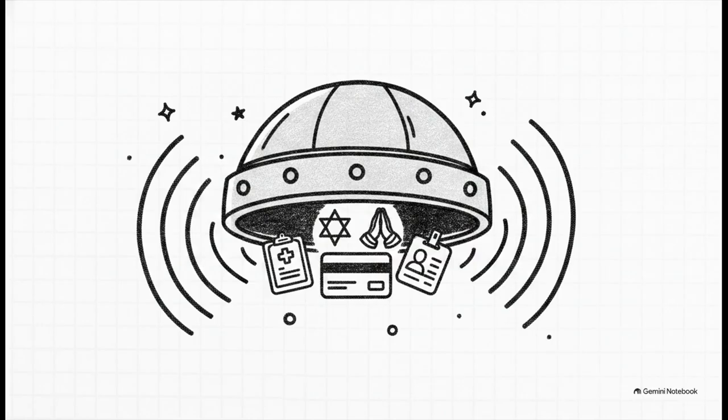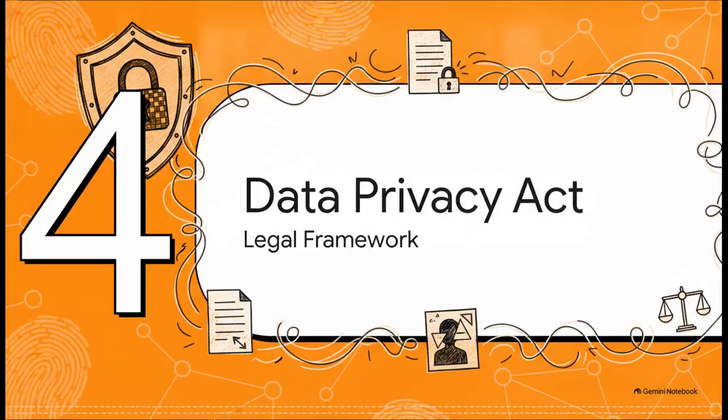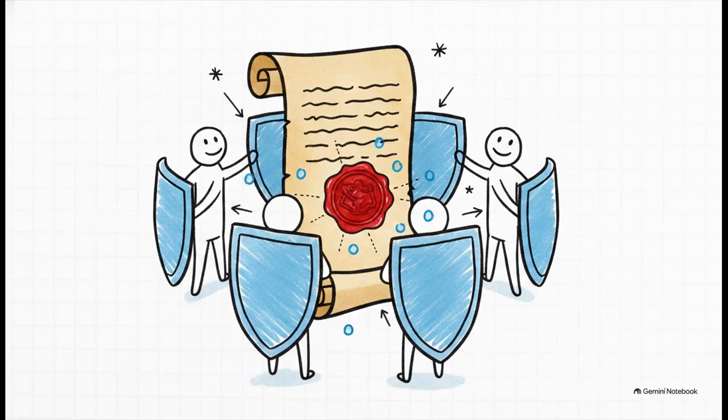If you're handling this specific type of information, it deserves the absolute highest level of security your organization can provide. Why? Because exposing it can lead to direct discrimination or identity theft. It's a huge deal. Section 4. The Data Privacy Act. And this brings us right to the why behind everything we're discussing today, specifically Republic Act